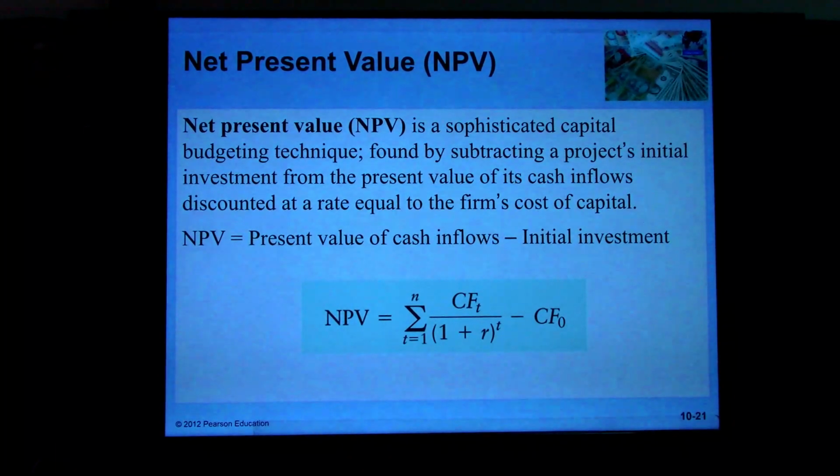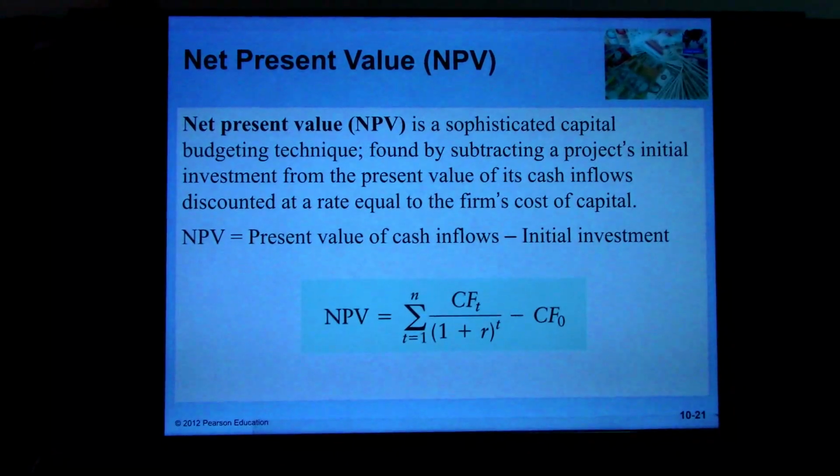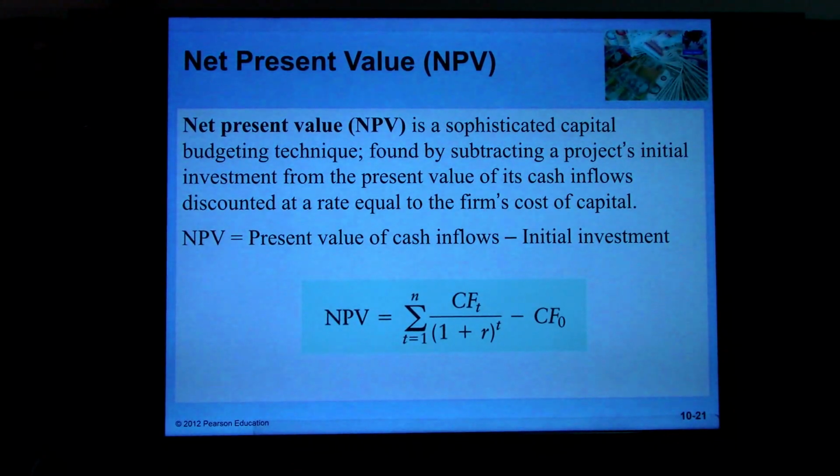Again, NPV equals the present value of cash inflows minus the initial investment. As you see mathematically, NPV is the PV of cash inflows. It's the sum of CF discounted by a specific discount rate, (1 plus r) to the power t, minus our initial investment. If you look at this equation, you will find that